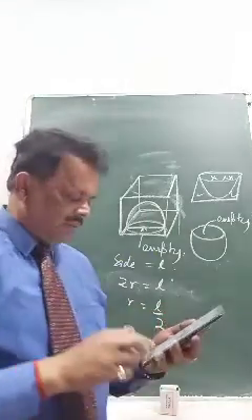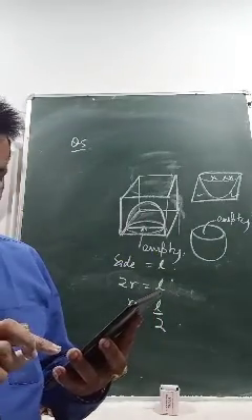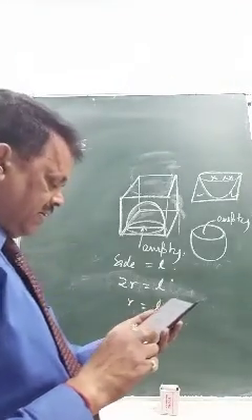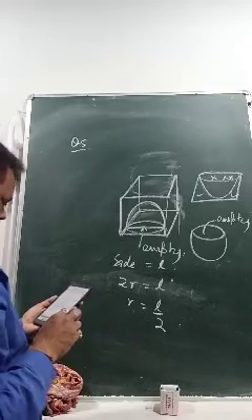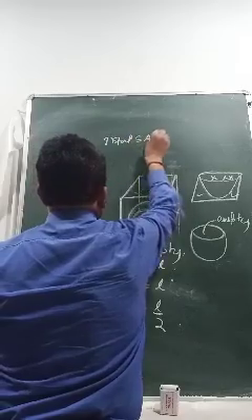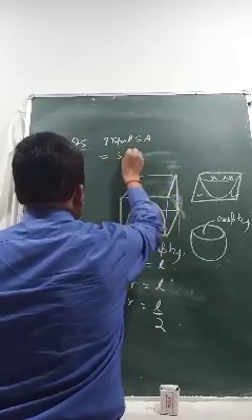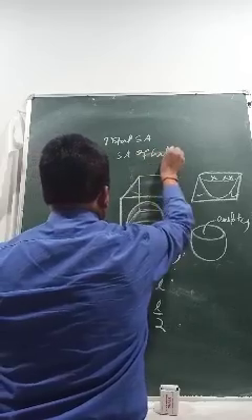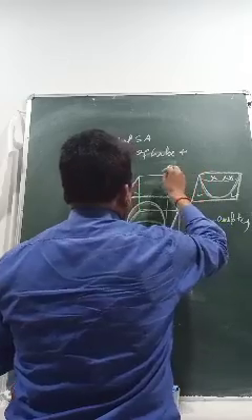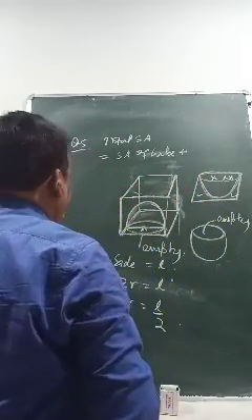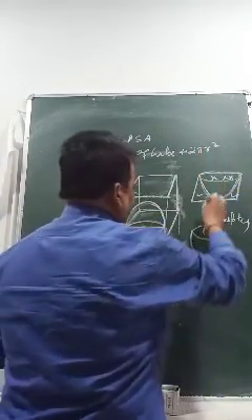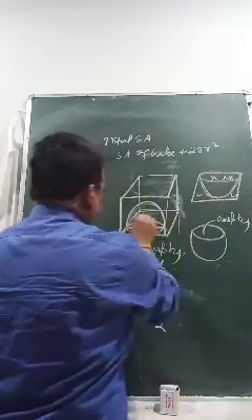Okay, then determine the surface area of the remaining solid. So what will be the remaining solid? Total surface area will be, look here, total surface area. First it will be the surface area of the cube plus there will be the cut like this. Cut means how much is it? Now 2 pi r square. But from the 2 pi r square, this part is empty because you have cut it off.